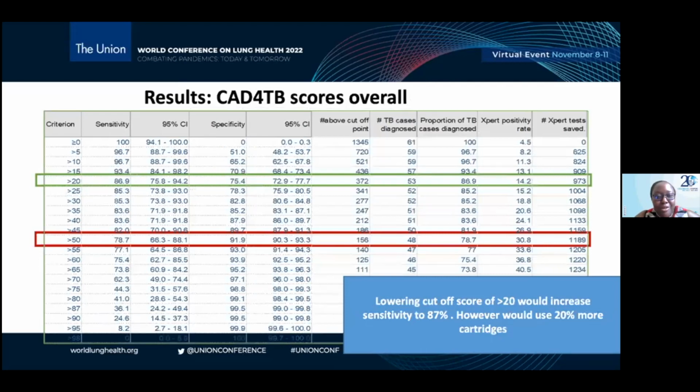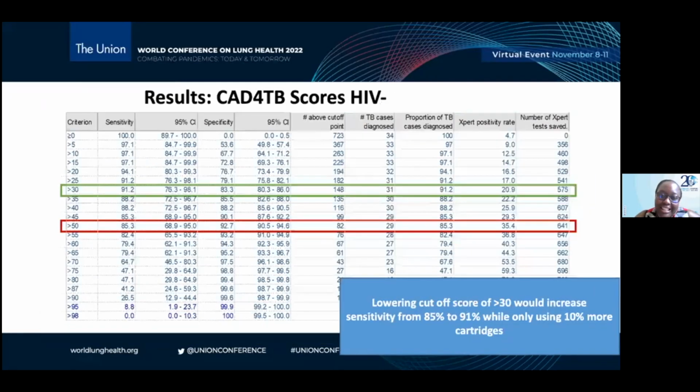These are the results for, I think we've missed a slide for HIV negatives. We found that for HIV negatives, the recommended threshold score did not fare very badly. We had a sensitivity of 85%. And if we lowered it to about 30, then we'd go beyond the 90% sensitivity